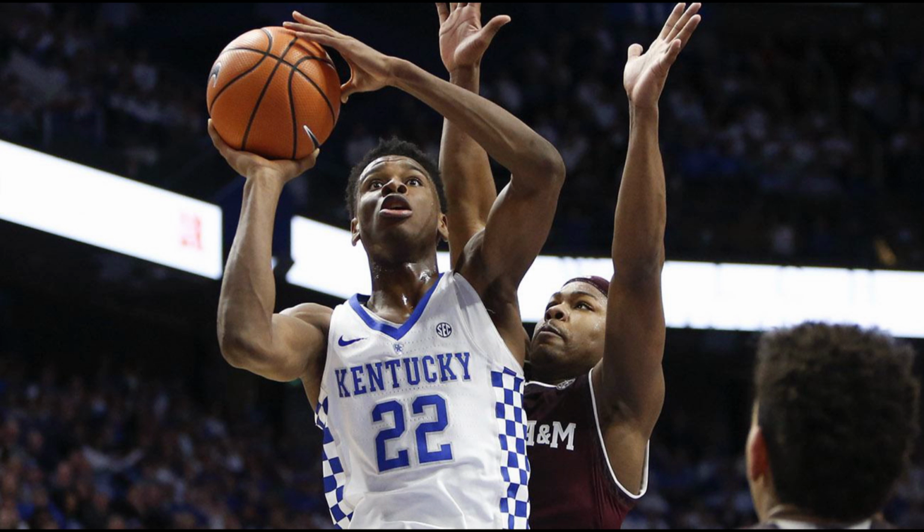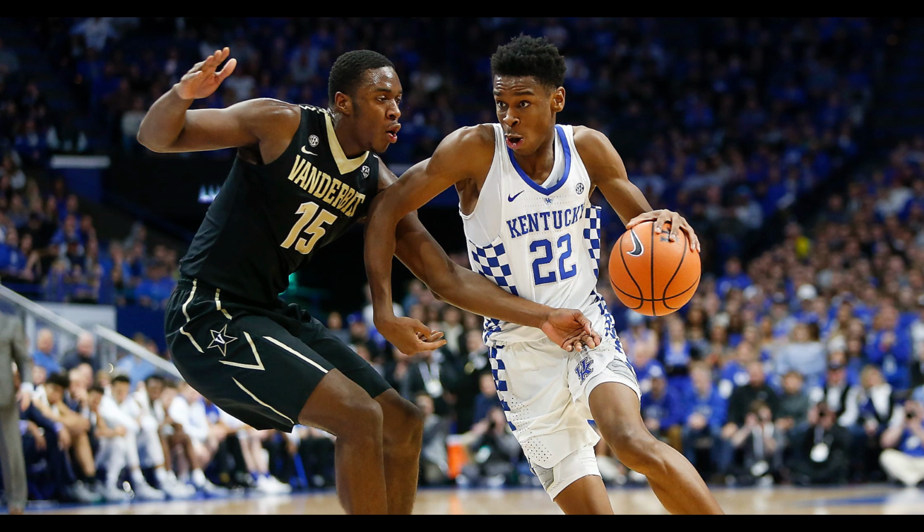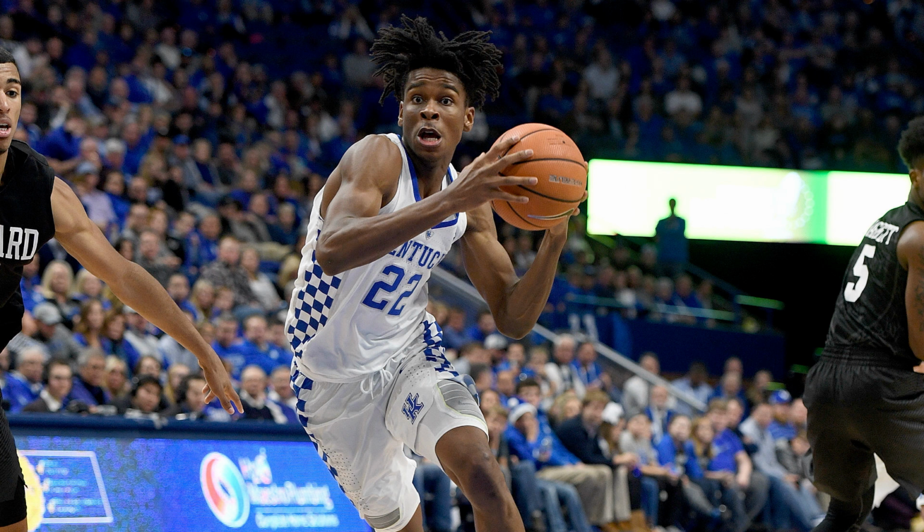Some things, though, he does definitely need to work on, and that will be where I think ultimately it's going to affect where his ceiling ends up. I don't think he is the highest ceiling of anyone in the class, or a particularly high ceiling for that matter, but he does have a high floor. He needs to improve his three-point shot and really develop some sort of in-between game. He needs to develop more of a pull-up jumper, a mid-range game, because without his ability to really blow by defenders and get to the basket